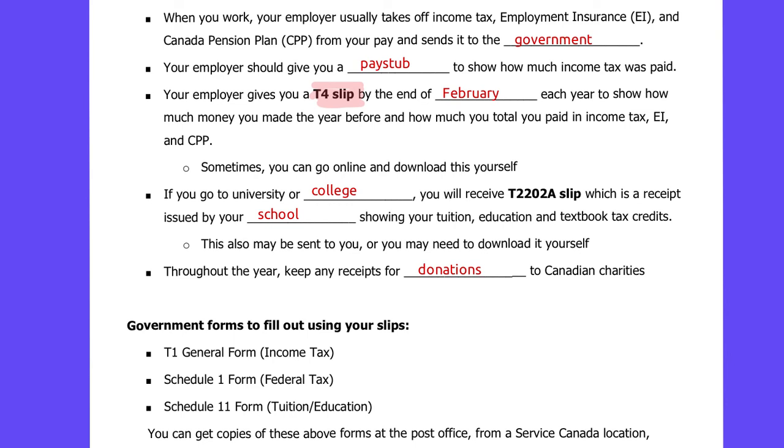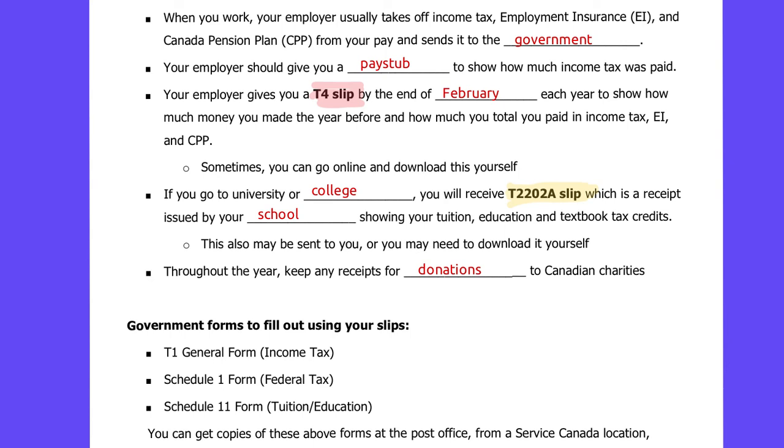So that's something you would need, a different type of slip here if you're going to post-secondary, so either college or university. And again, your school may send you a paper copy, or you might just have to go onto your student portal and download that yourself.